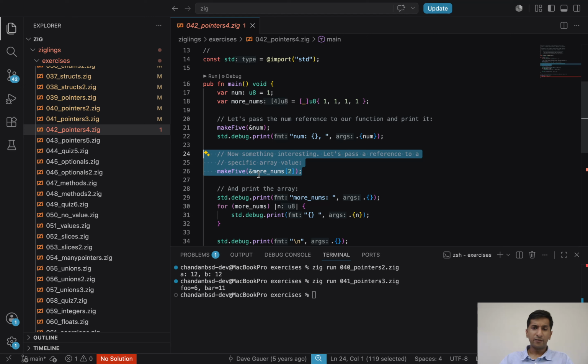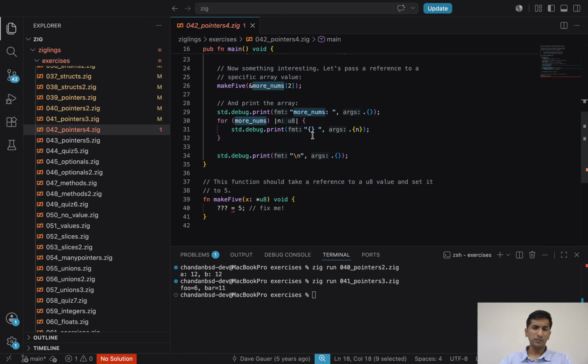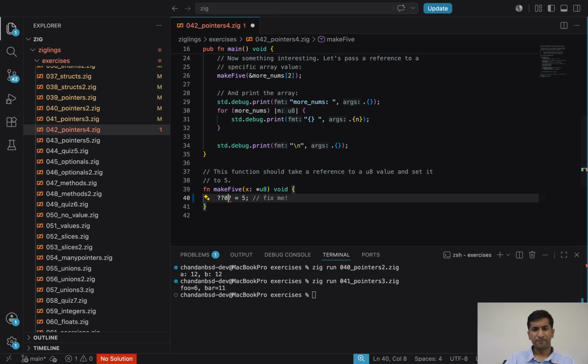Here we're passing it by reference as well, and we're going to print it. And then we're going to loop through this entire array, and then we're going to see what it outputs. So let's complete the function. Right off the bat, we're passing in a reference of unsigned integer of 8 bits. So I'm going to say